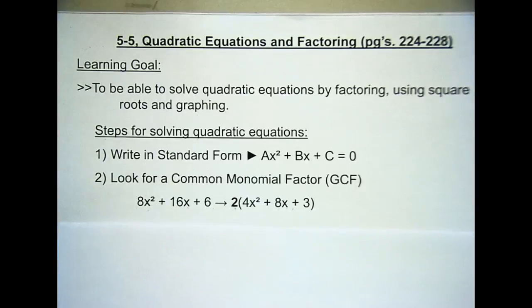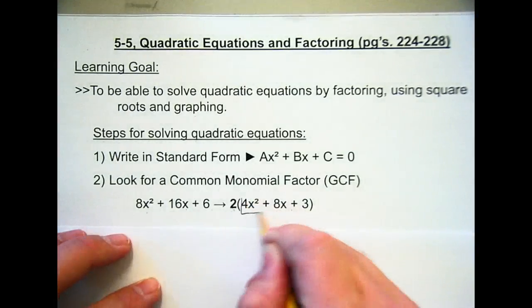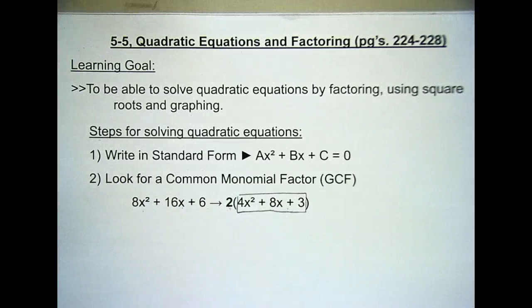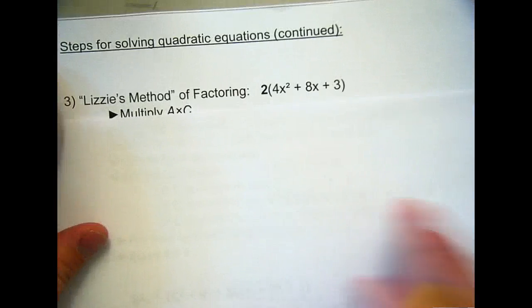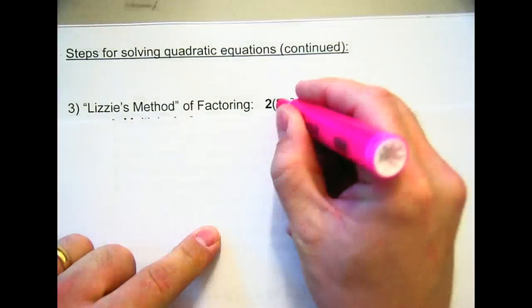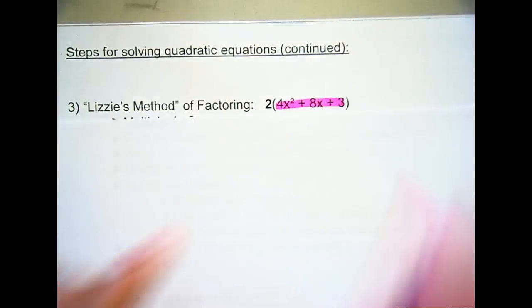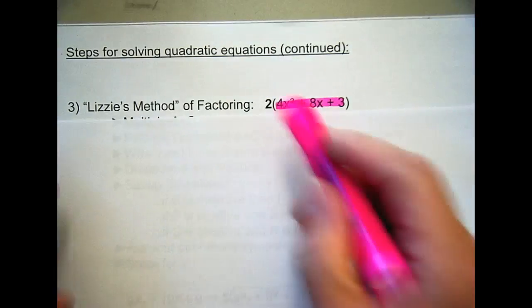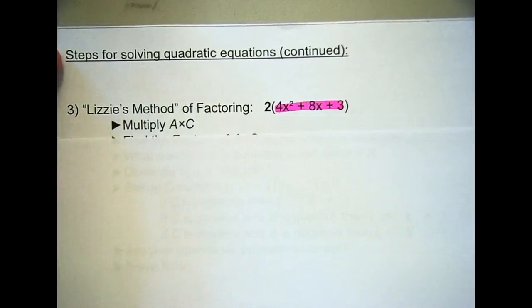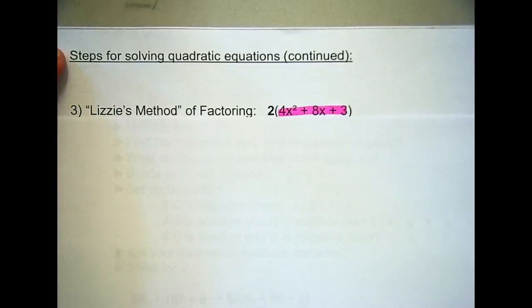Now from there, what I'm left with inside here, you have this quadratic left in there. If we were to continue through there, that quadratic that's in there, we then try to factor that. The 2 on the outside is there, but it's not going to have any effect any longer on our solution for what x is. So if I'm trying to factor that quadratic, Lizzie's method, the method we're going to go through in class,